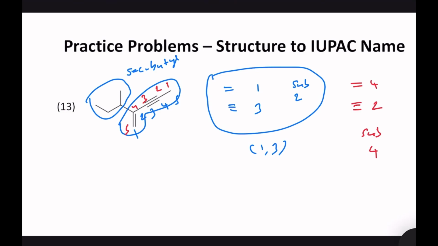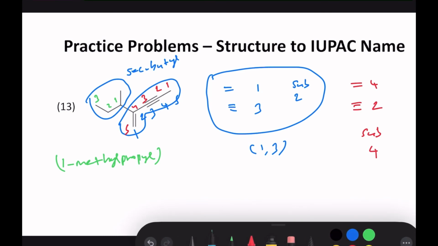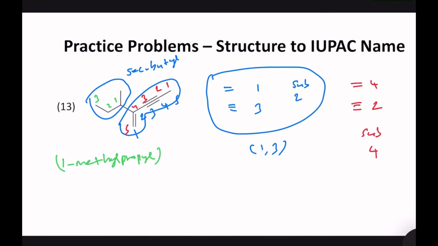So, let us use the systematic IUPAC name for the secondary butyl group. If we number that, then that will be 1, 2, 3. So, 1-methylpropyl. That is the systematic IUPAC name for the secondary butyl group, which is at 2 position, and therefore, the correct IUPAC name for this molecule is 2, because this is attached at 2, the entire 1-methylpropyl,